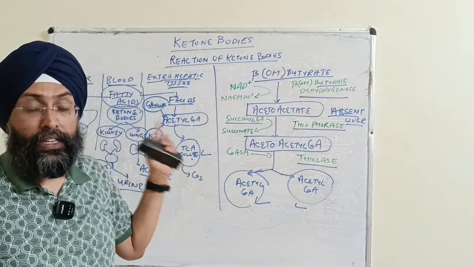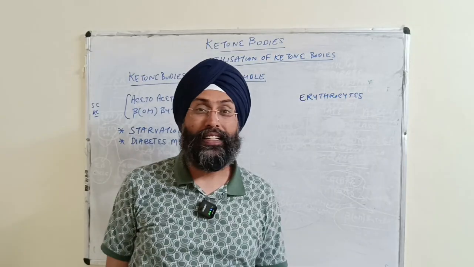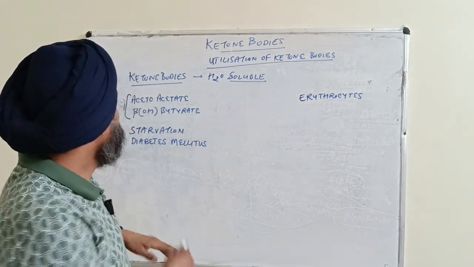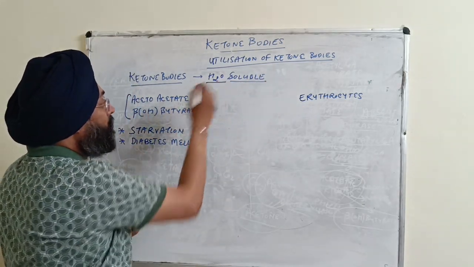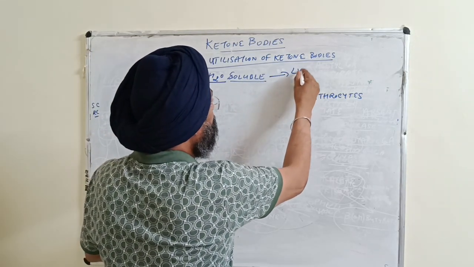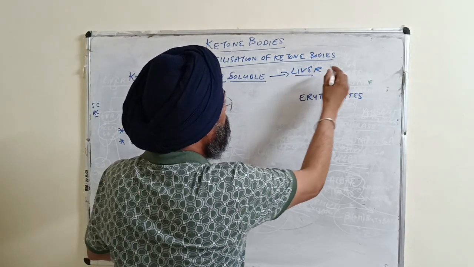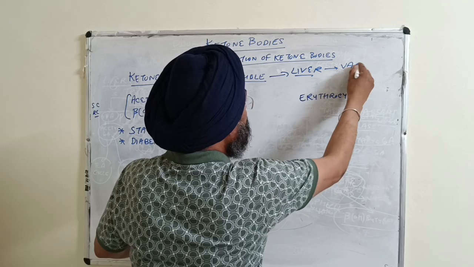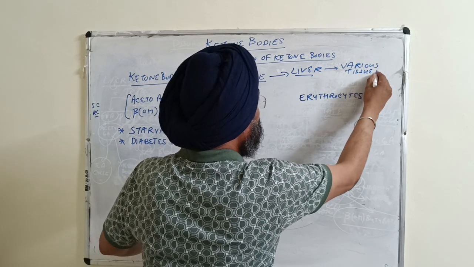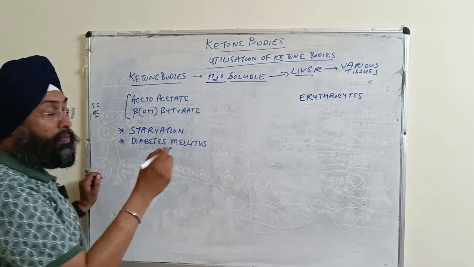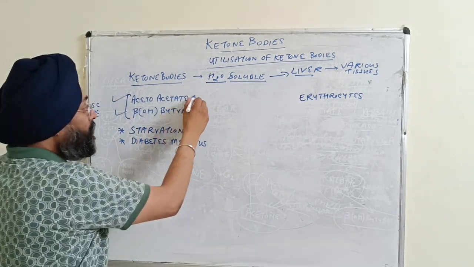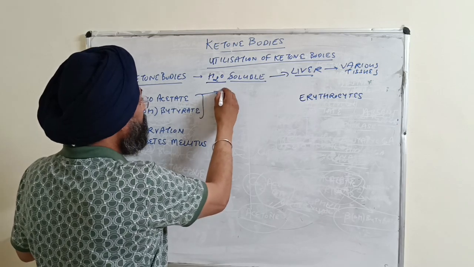Now we'll discuss the utilization of ketone bodies. First of all, the ketone bodies are water soluble, right? So they can be easily transported from the liver to various tissues. Moreover, these two principal ketone bodies, acetoacetate and beta hydroxybutyrate, serve as an important source of energy